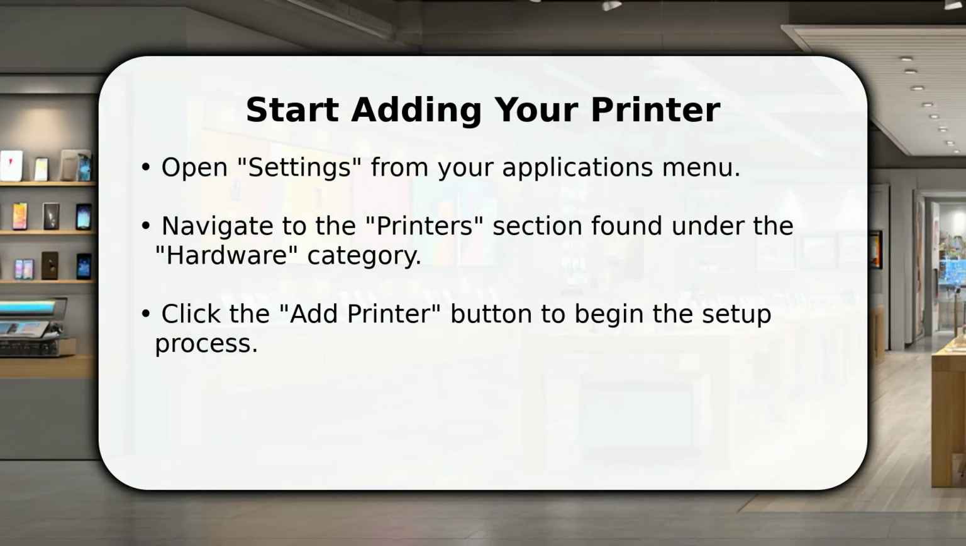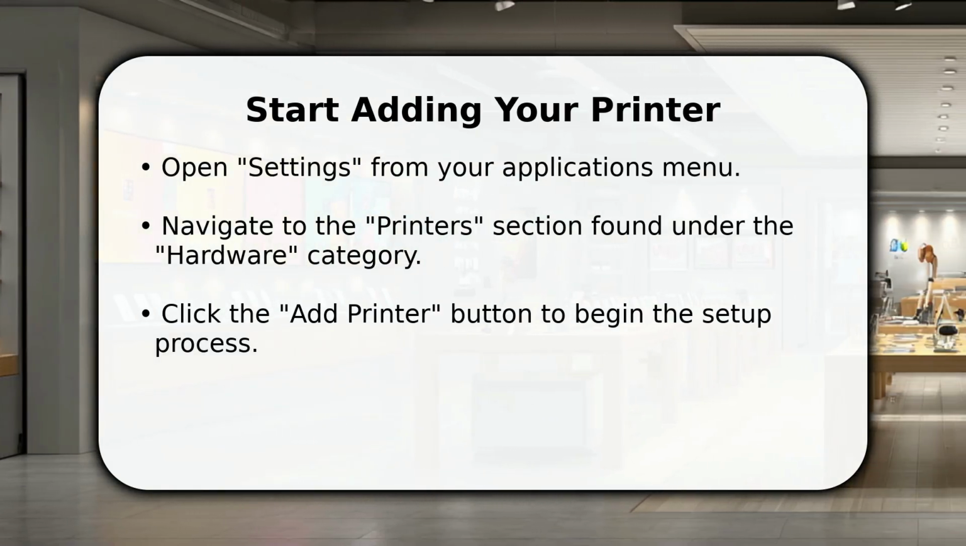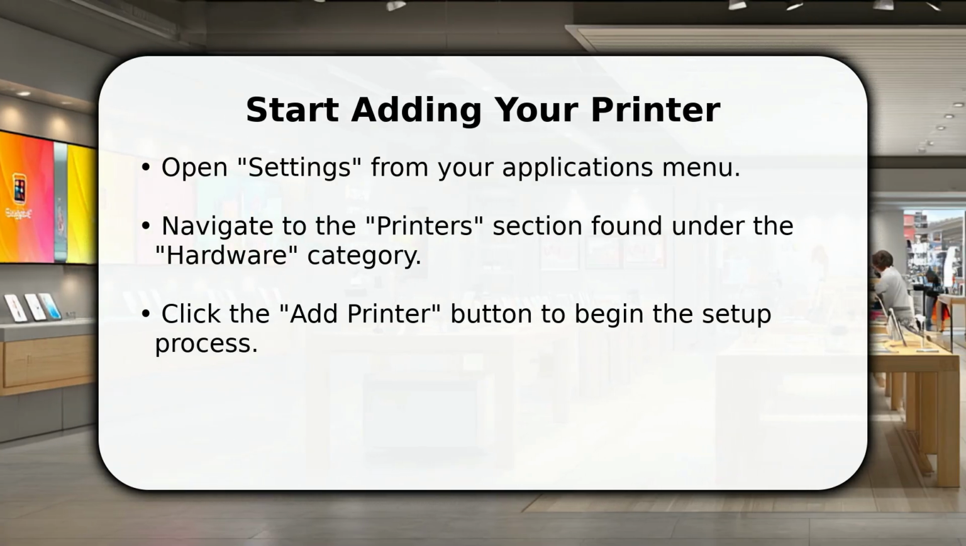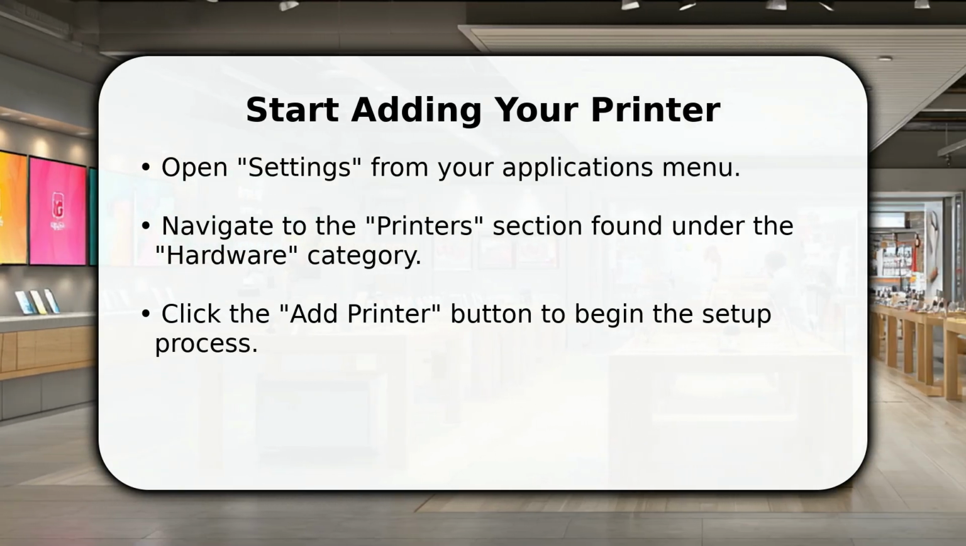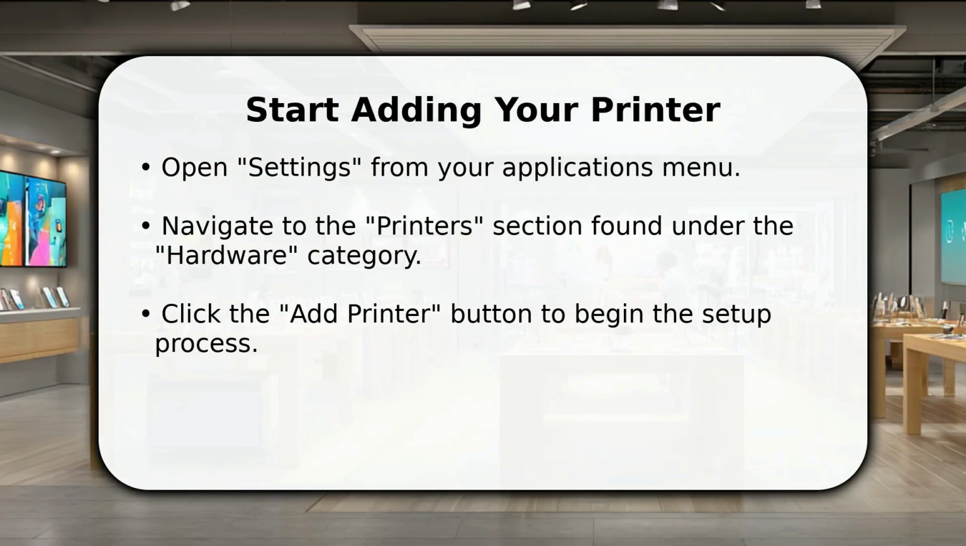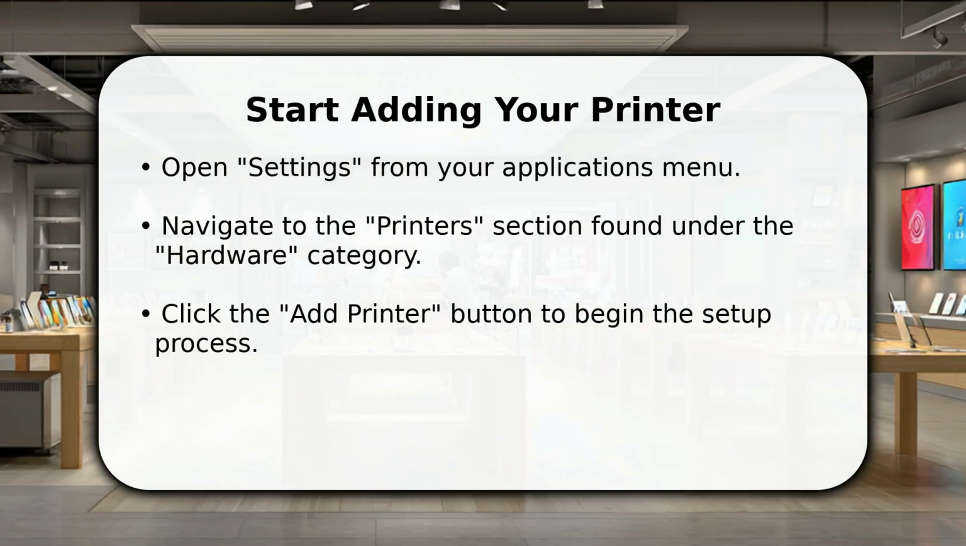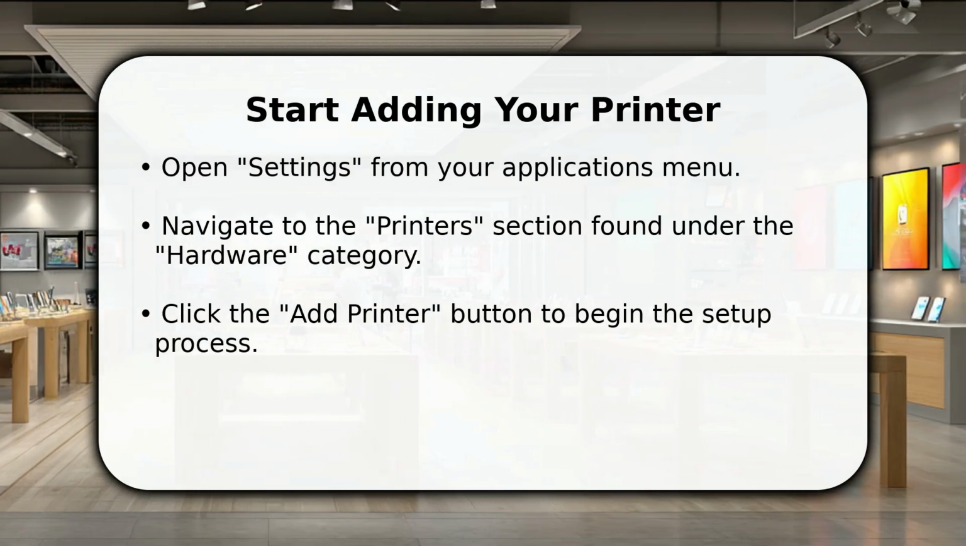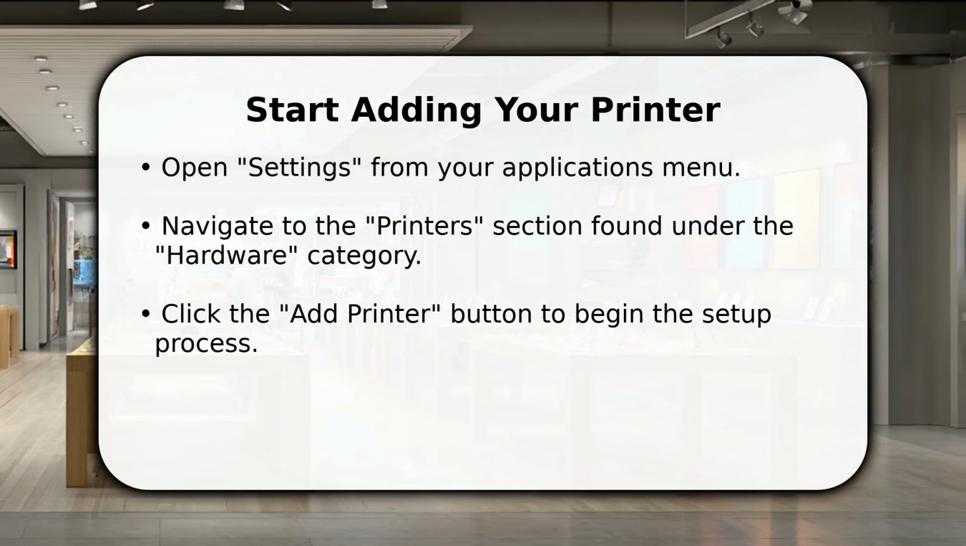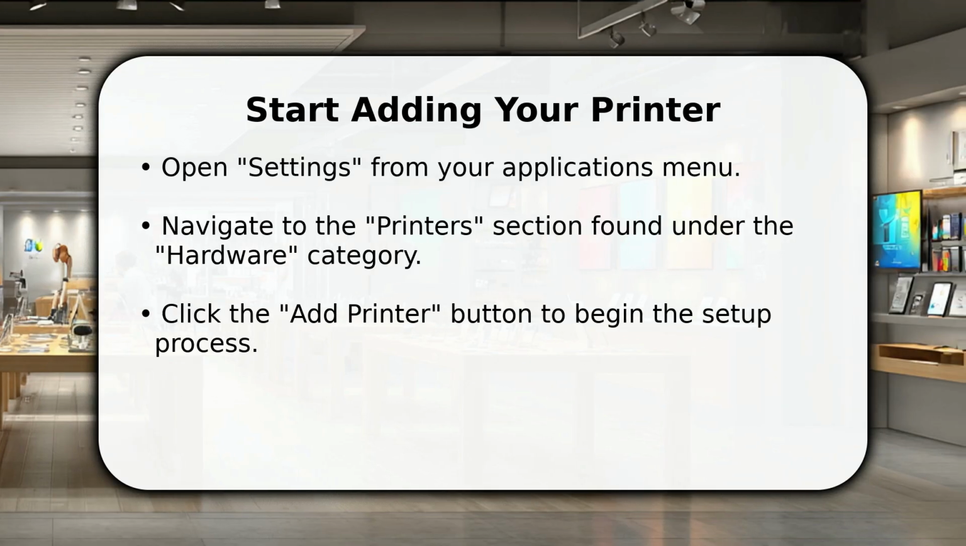In this video, I will show you how to add a printer to Ubuntu 20.25 quickly and easily. First, open your Settings application from the main menu. Once inside, look for the Hardware section on the left sidebar. There, you'll find Printers. Click on this to open the printer management screen, then select the Add Printer button to